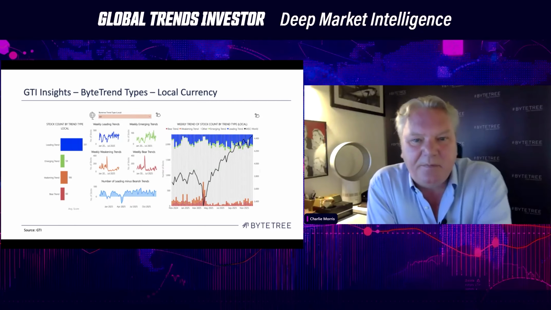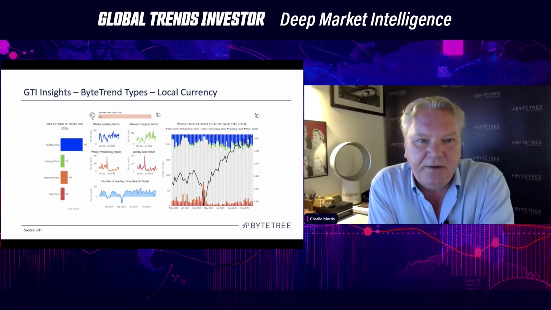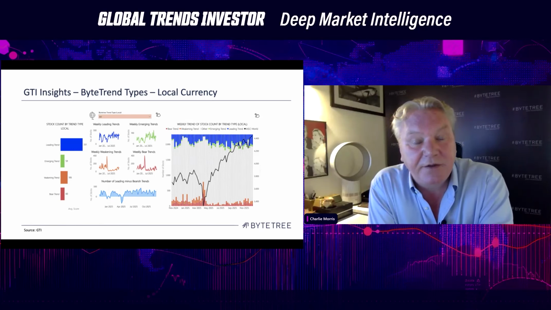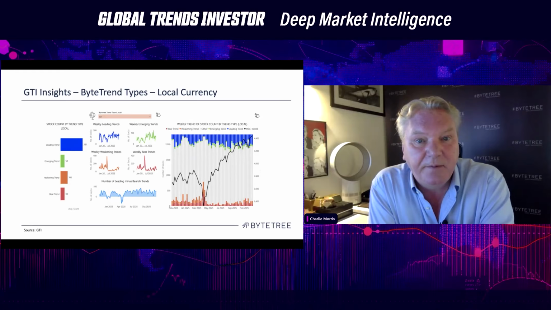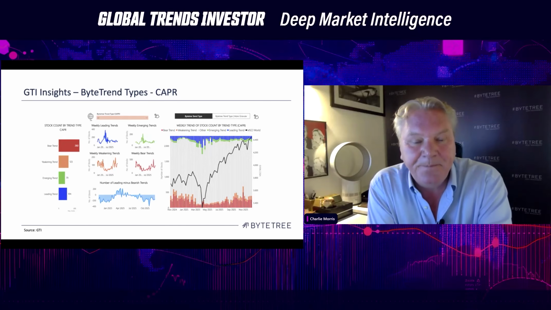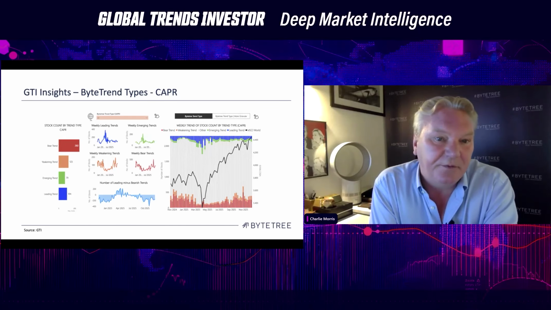We can see how that's worked over history: pretty stable on the blue line, with a dip in leading trends during the Trump tariff crash of April 2025. The emerging trends are quite steady in local currency. There were lots and lots of weakening trends during April, which then settled down in the market recovery, but that's now starting to build again. And that same pattern is repeated for the bear trends. Now let's look at that in relative terms, in terms of alpha, and the whole thing just comes into reverse, basically.